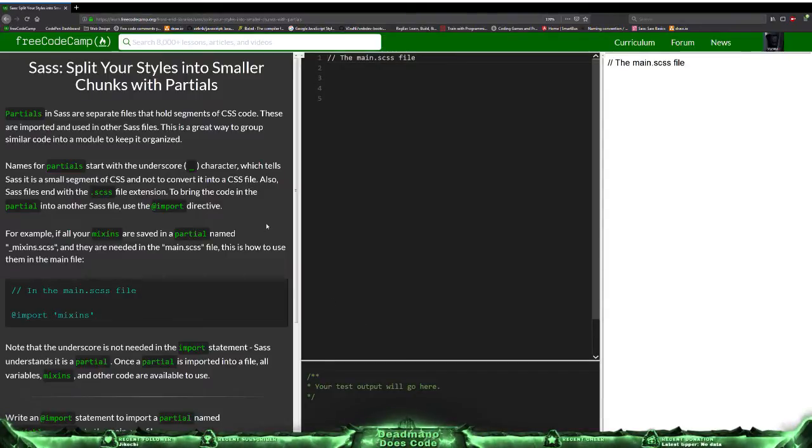Split your styles into smaller chunks with partials. Partials in Sass are separate files that hold segments of CSS code. These are imported and used in other Sass files. This is a great way to group similar code into a module to keep it organized. Names for partials start with the underscore character, which tells Sass it is a small segment of CSS and not to convert it into a CSS file. Also, Sass files end with a